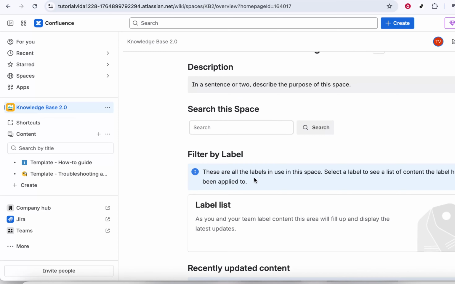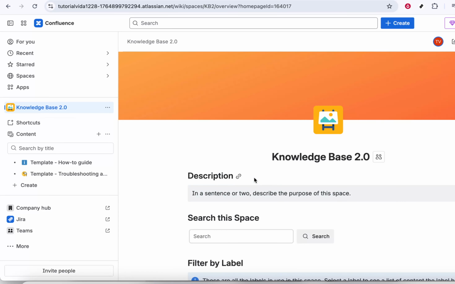The space key is often generated automatically, but you can adjust it if needed to keep it short and recognizable. You may also see options to connect your knowledge base with a service desk or help portal if you're using other Atlassian tools. Follow each prompt carefully, review your permission settings, then confirm to create the space. Once the setup is finished, you'll be dropped into your new knowledge base space, ready to start adding pages, organizing topics, and building out your